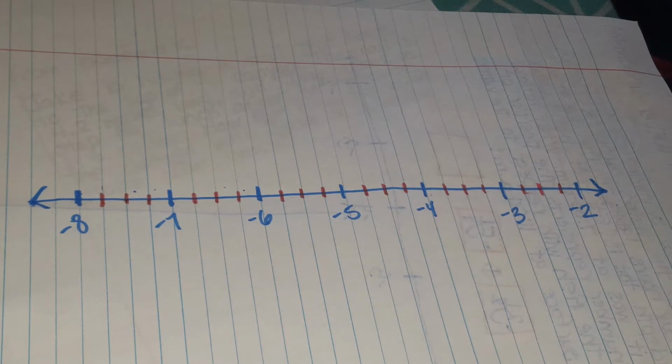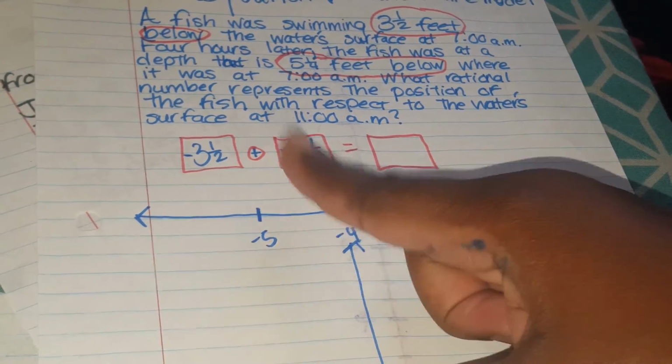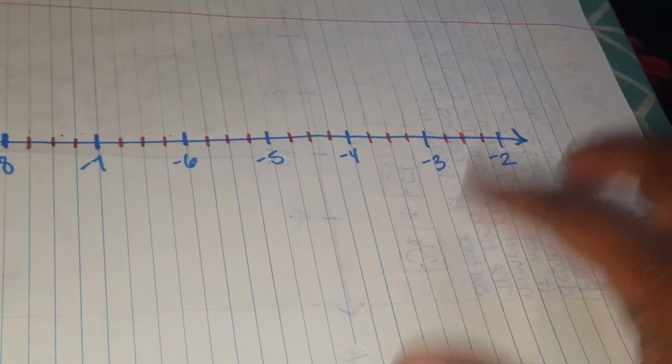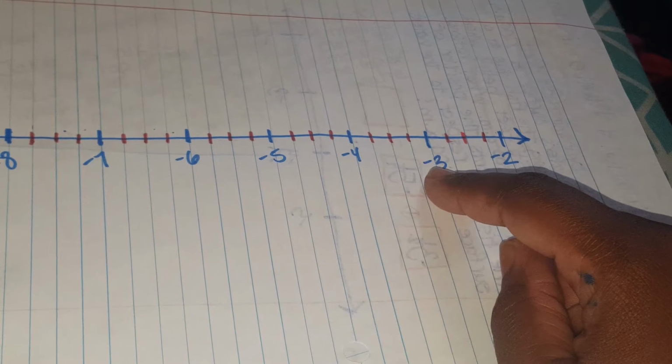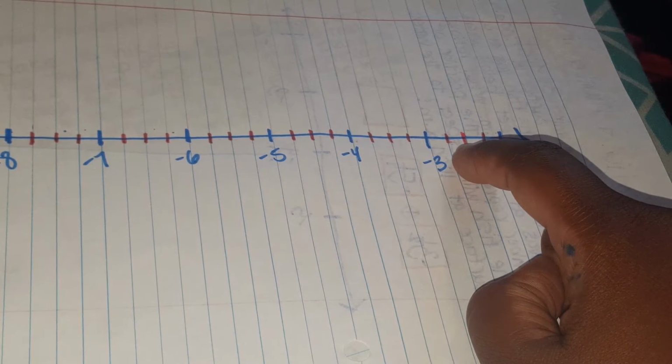Okay, so turning back to the front, I'm doing a -3.5 plus a -5 1/4. So my number line is going to start at -3.5. So common mistake. Some people think -3.5 is right there, but that's not true because when you're on the negative